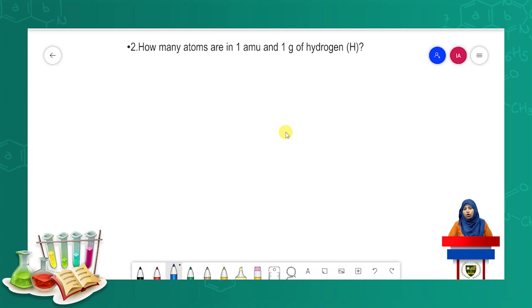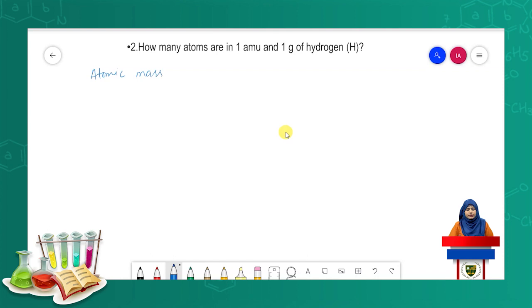So students, let's move to our next question, which is how many atoms are in 1 AMU and 1 gram of hydrogen। मतलब 1 AMU और 1 ग्राम ऑफ हाइड्रोजन में कितने एटम्स होते हैं। सो हमें फाइंड करने हैं नंबर ऑफ एटम्स व्हेन मास इज गिवन एंड मोलर मास इज ऑल्सो गिवन। सो सबसे पहले देखते हैं कि व्हाट इज एटॉमिक मास ऑफ हाइड्रोजन and which is going to be its molar mass।